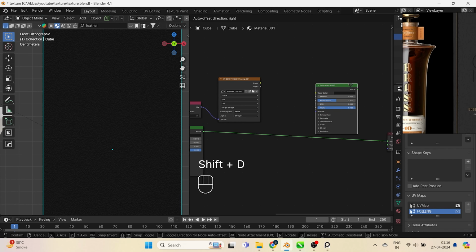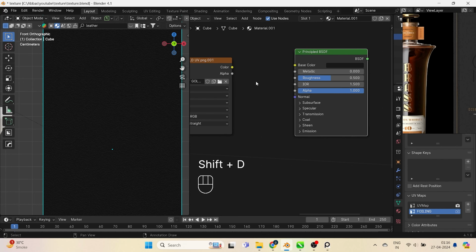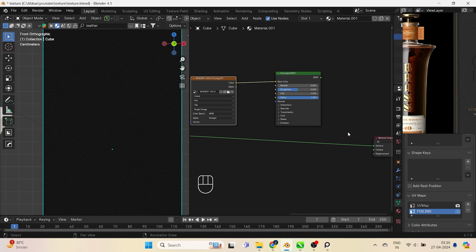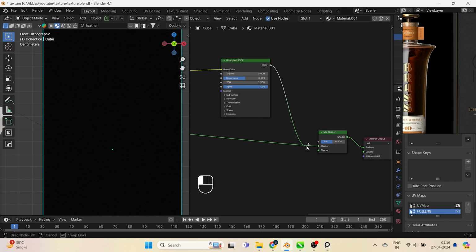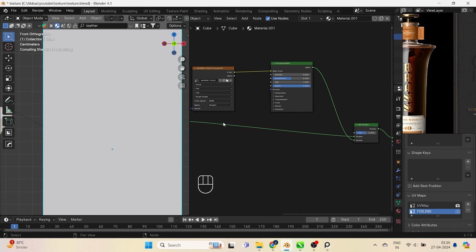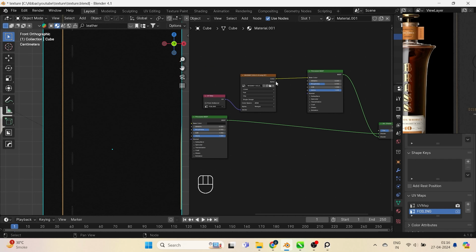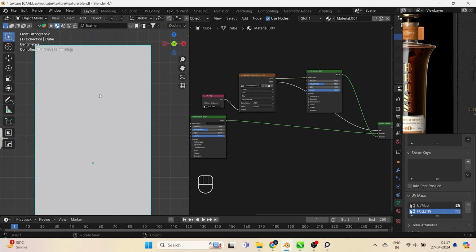Now add a same Principled BSDF node. Put the color to base color. Okay. Now add a mix shader node. Connect the Principled BSDF to mix shader. Connect the alpha to factor. Now we have to